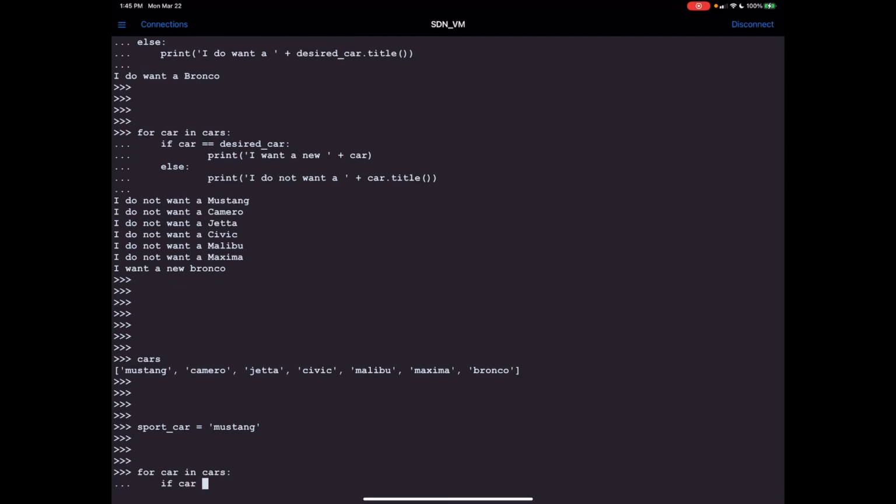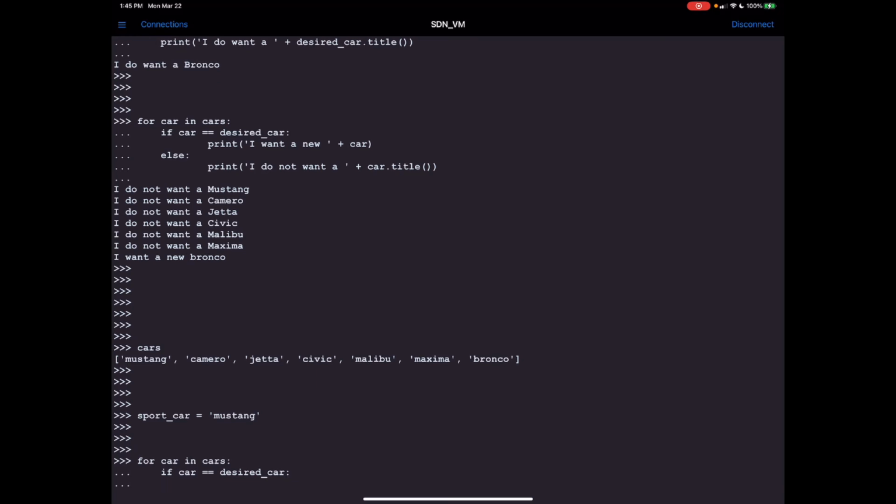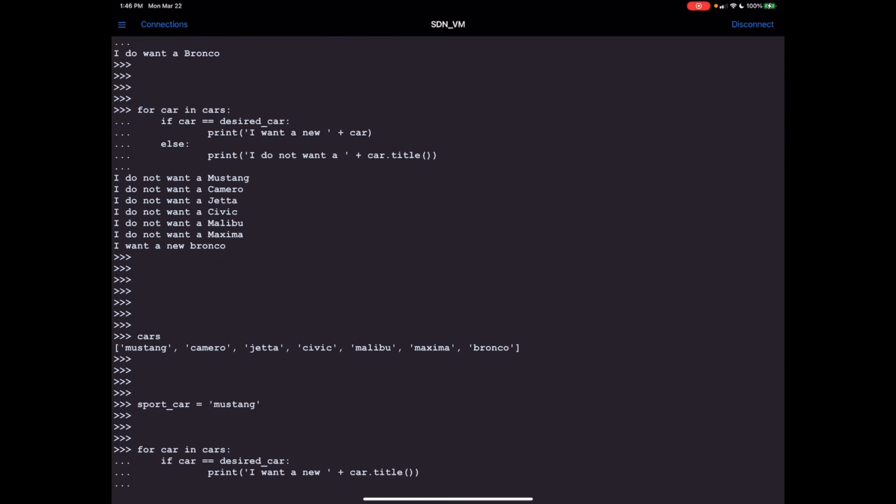If car is equal to desired car, print I want a new space car title, and we can do an else if car is equal to sport car,